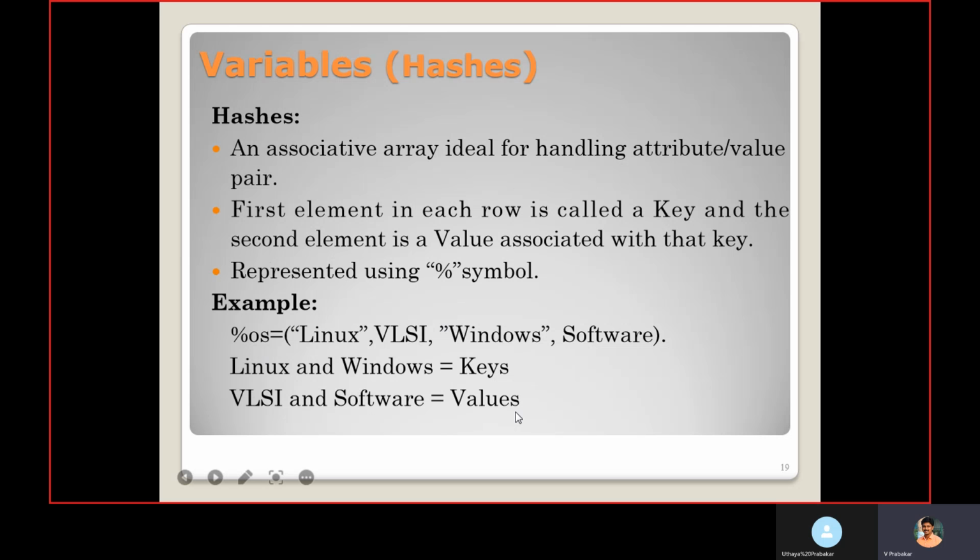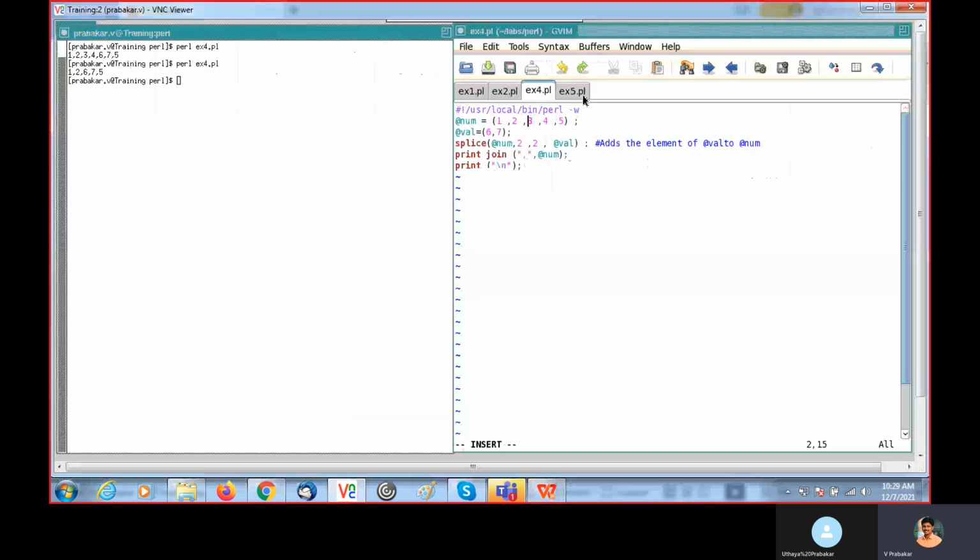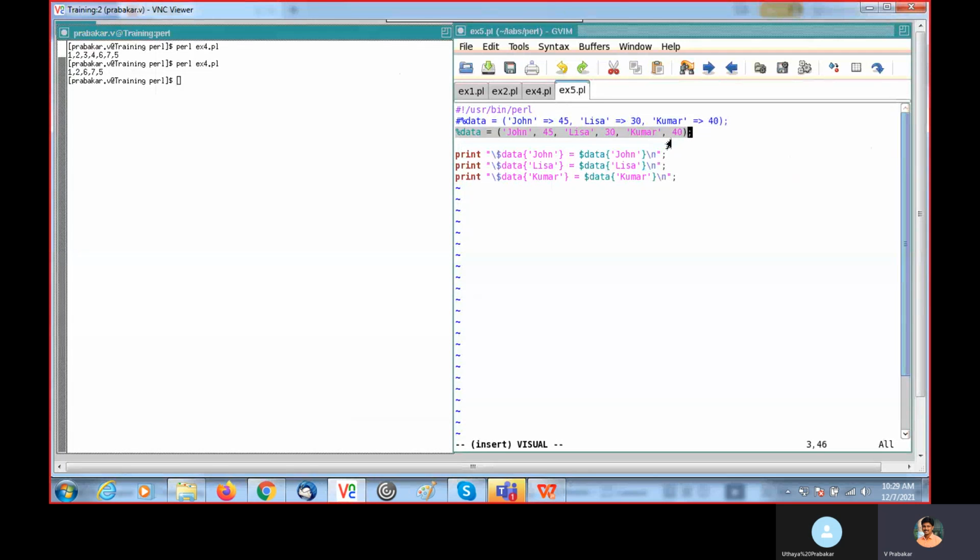Let's see one example here. So this is one way we can create an associative array. Here it is called hashes. %data, John is a key, and the corresponding value for John is 45. These are 30, 40.